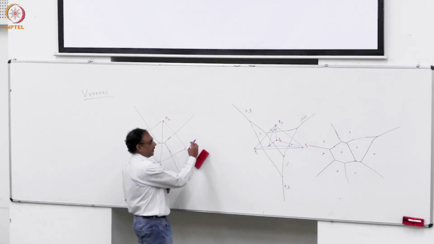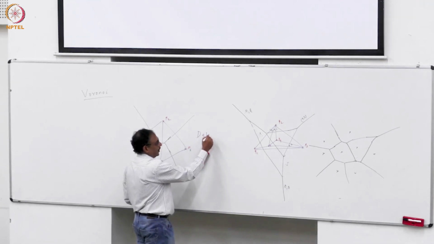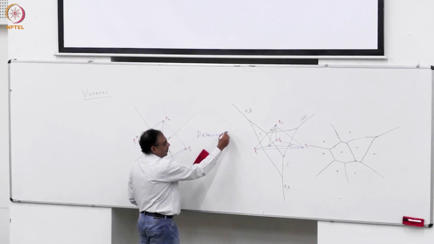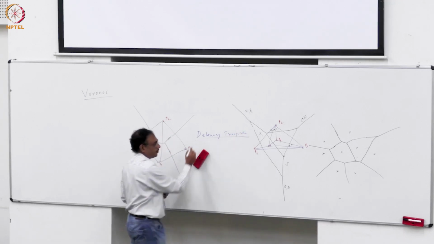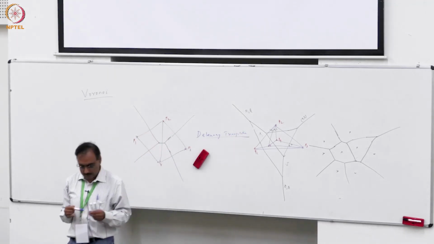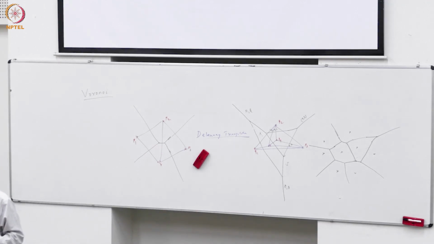We can do it directly also without going to Voronoi, but usually these two are dual to each other, and it is a very popular diagram, and has hundreds of uses in all kinds of applications. So, the dual of a Voronoi diagram is called a Delaunay triangulation. You have a Voronoi diagram, you pick the dual, and you can go in reverse also. How can you go in reverse? For every Voronoi edge there is a corresponding edge in the,